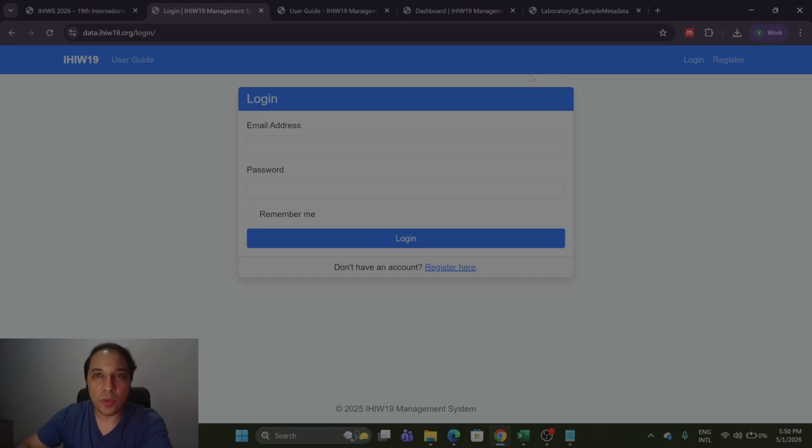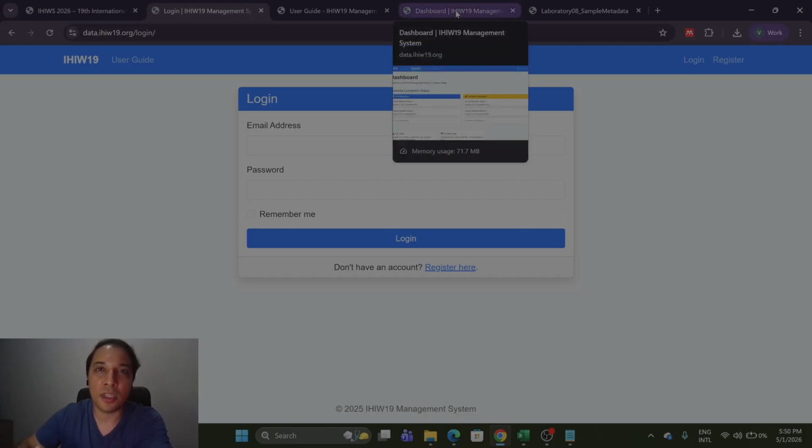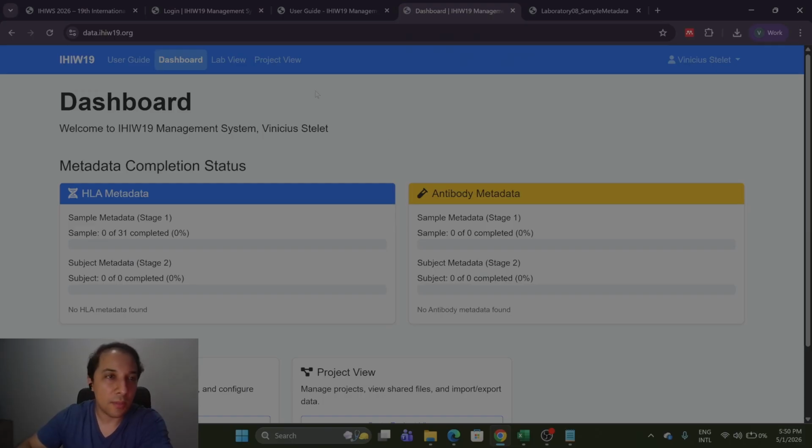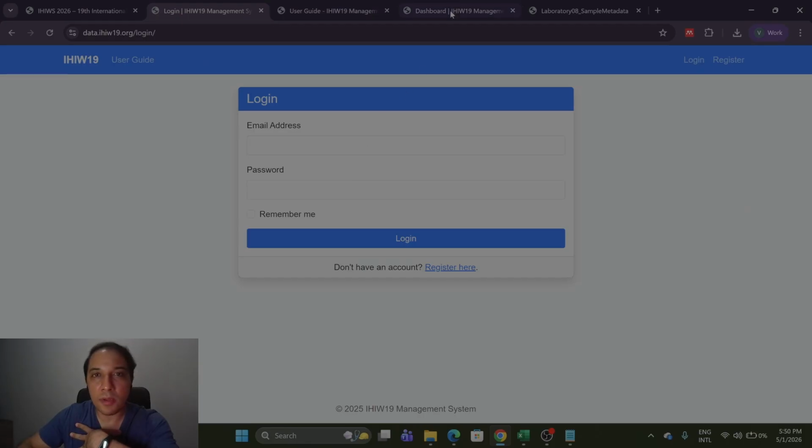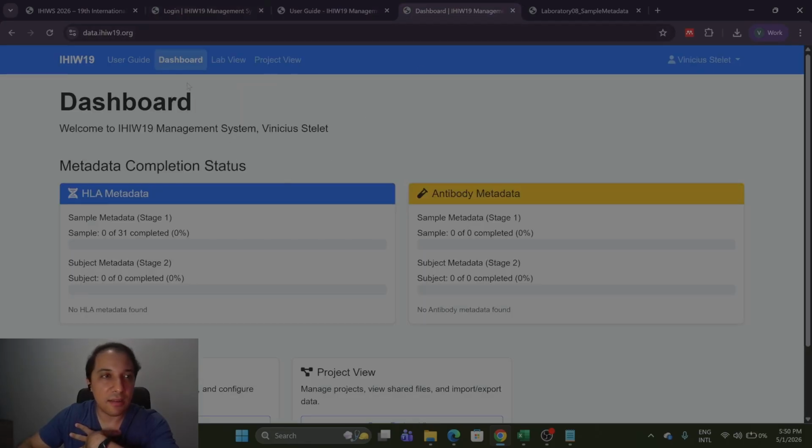In some situations, some labs have somebody that already has access to the database. So in this case, you don't need to ask for a new login because this person can use this form, access the database. This is the very first web page for the database tool.